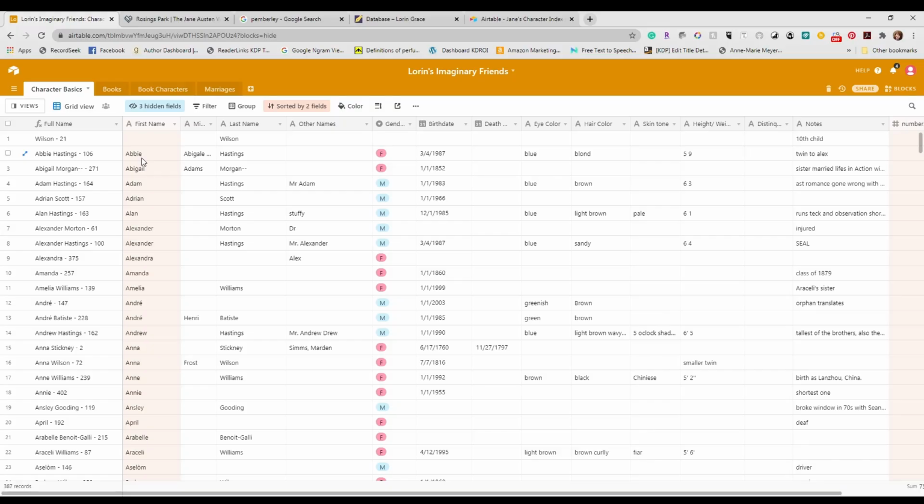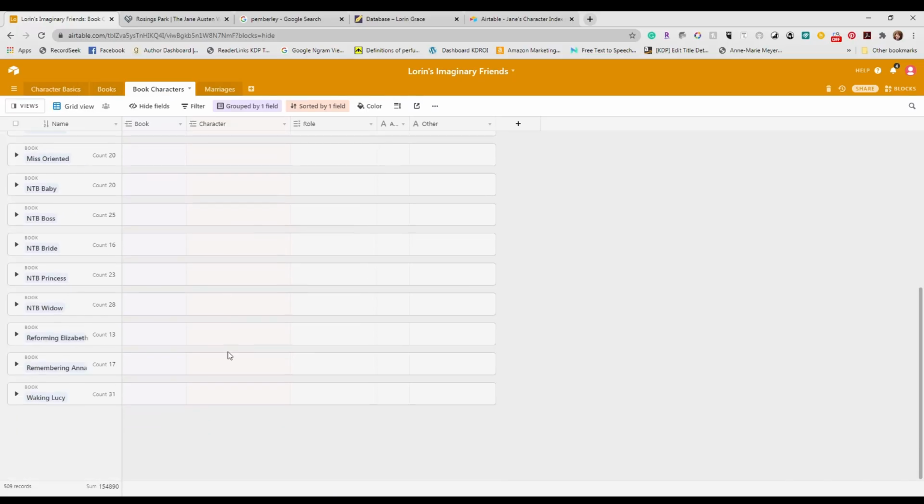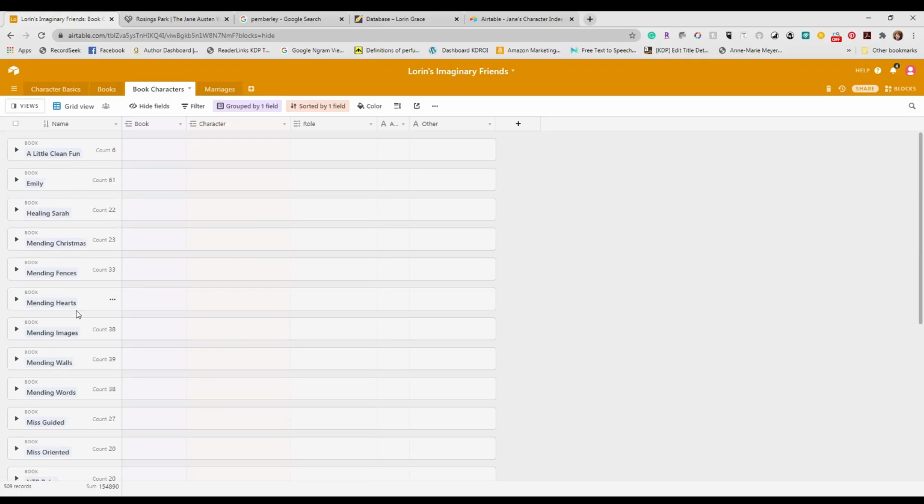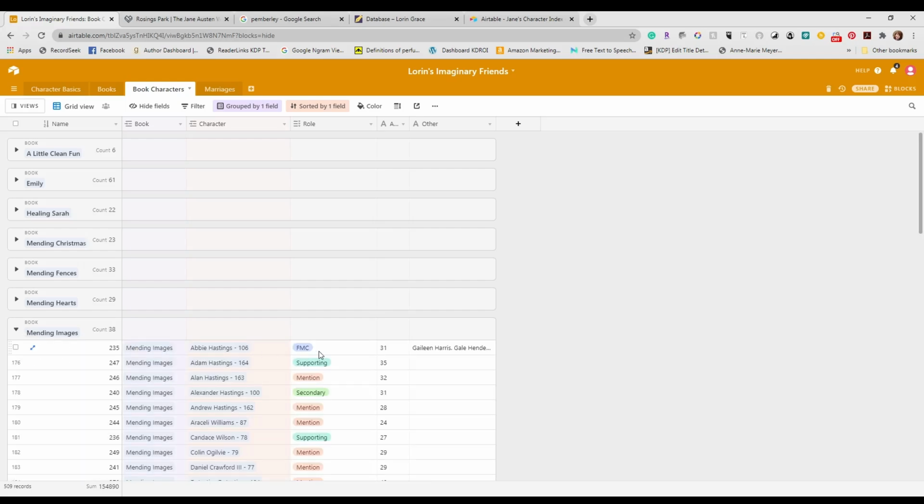Want to look at Abby Hastings, number 106. We're going to hop over to my book characters. Here we have all of my books, and you can see how many people are in it. We're going to look at Mending Images, where Abby Hastings was a female main character. If I want to know how many times Abby Hastings was in a book, I can just make a couple of changes on how I am viewing my data. Right now, my data is grouped by the book field, which is what gives me this nice little side thing where all the books show up